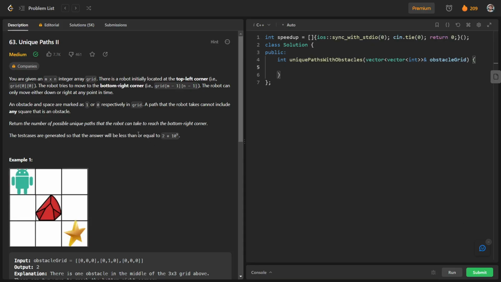This is our today's question on LeetCode, and this question is basically the daily challenge on 12th August, and the question is Unique Paths. So basically this is the second part of this question, and we will read this question first and we will try to figure out how we can solve this question.